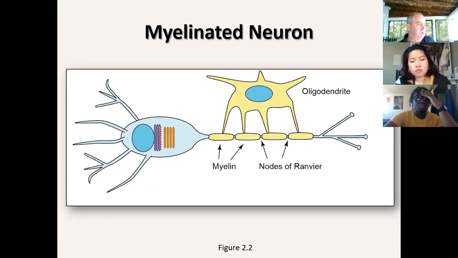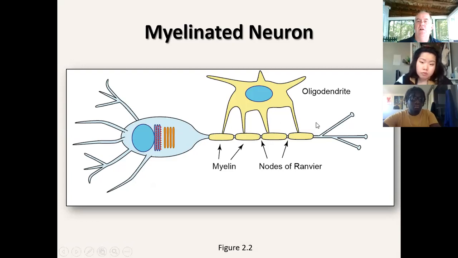So this is very similar to what we saw in the last class with the blood-brain barrier, where you had processes coming off the astrocytes that were wrapping around the blood vessels. This is the same kind of thing here. The oligodendrites are wrapping around, and this is forming electrical insulation. So there's no action potential going through this myelin sheath because it's electrically isolated. But an action potential here will skip from one of these nodes of Ranvier to another until it gets over